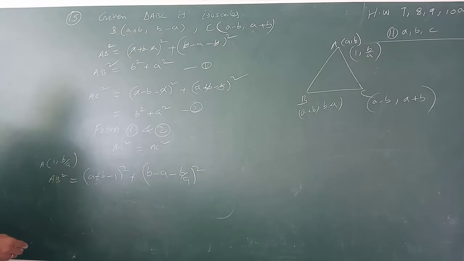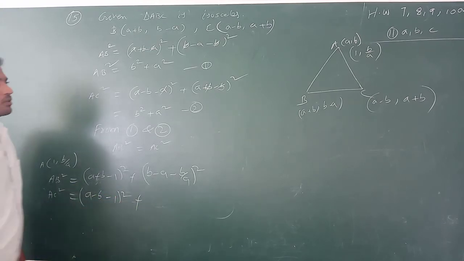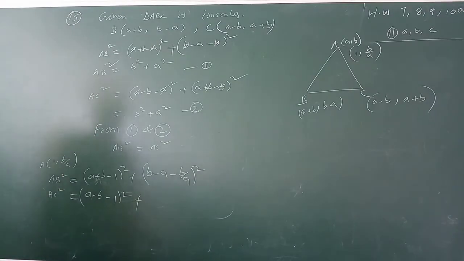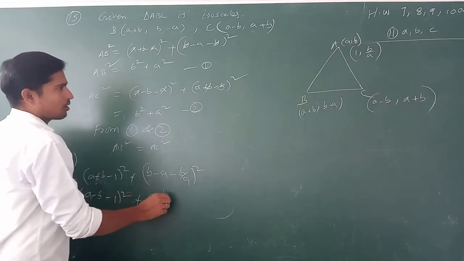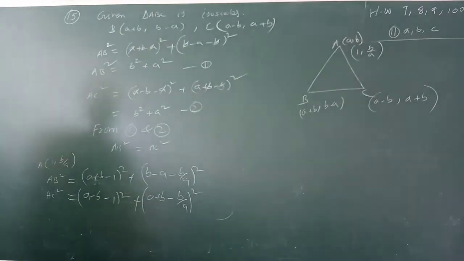Let us suppose that, apply the formula. Otherwise we will use a different method to finalize this. Then AC square. AC square equal to A minus B minus 1 whole square plus A minus B minus 1 whole square plus A plus B minus B by A whole square. So